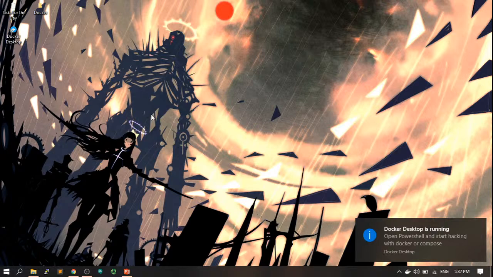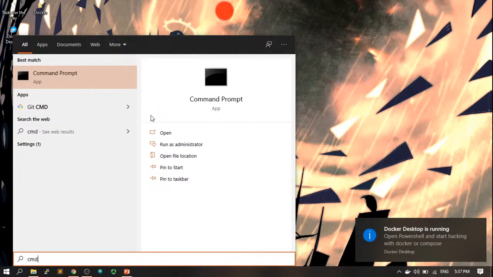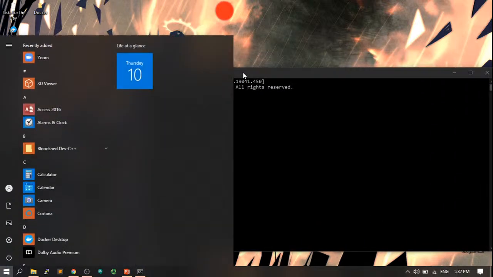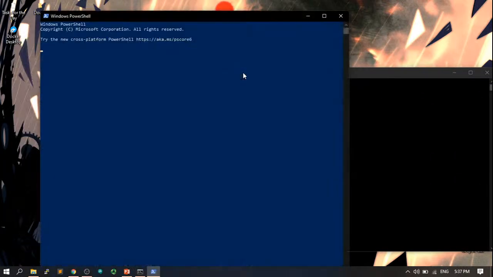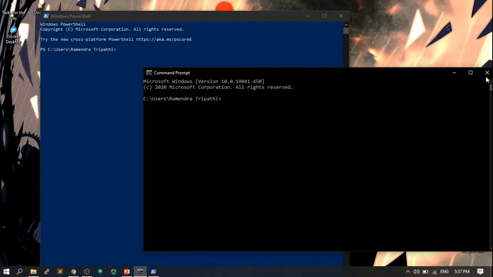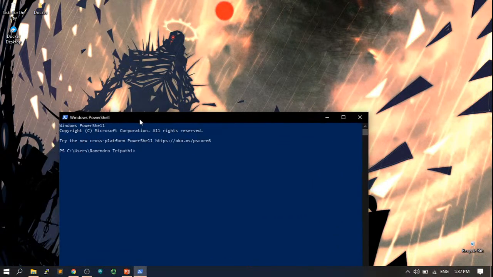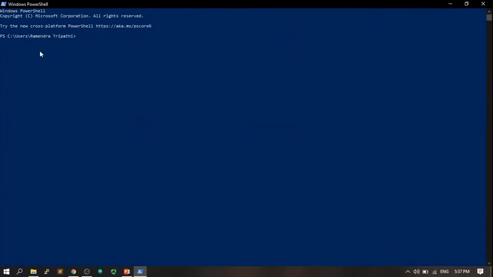Now to access your Docker Desktop, you can either open CMD, which is the terminal where you can type in your commands, or you can open PowerShell. I would recommend using PowerShell because PowerShell is a lot more robust than CMD. So over here, I'm going to type in docker